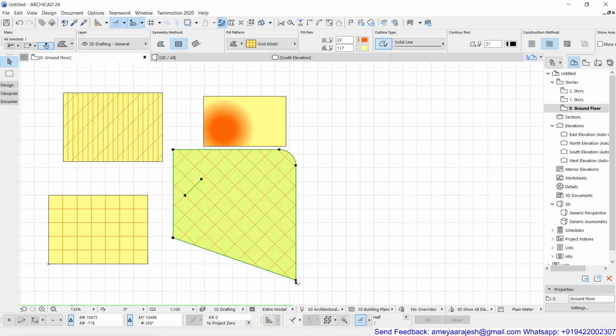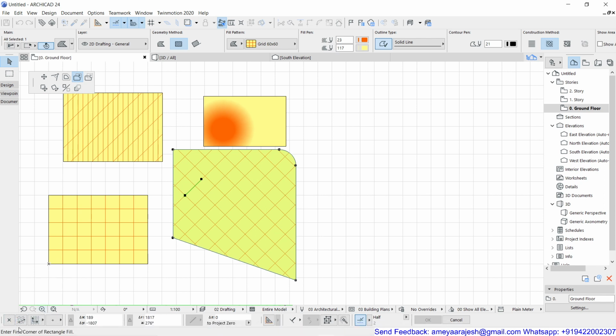Now, if I click again on the node and check, there are two more options. One is add to polygon and the other is subtract from polygon. That means if you want to add some area to the existing polygon. Now, remember when you choose this particular option, you always have to read the prompt at the bottom. It is written: enter first corner of rectangle field.